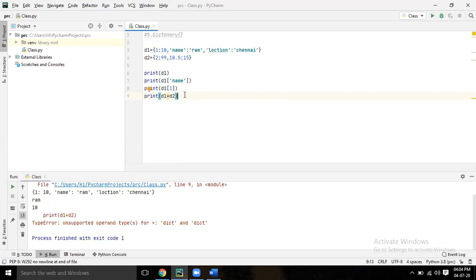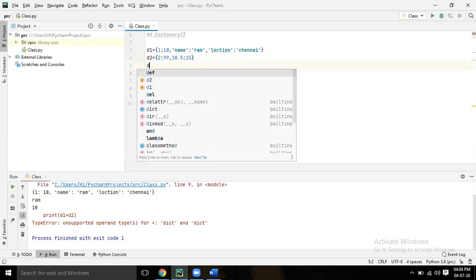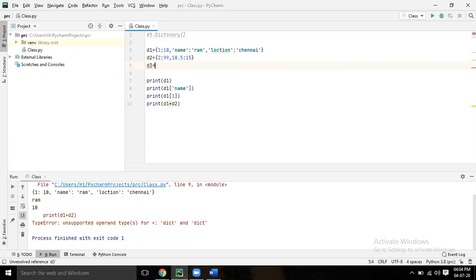Now let's say D3 equal to another dictionary. Curly bracket, name within quote, colon, create a list, square bracket.